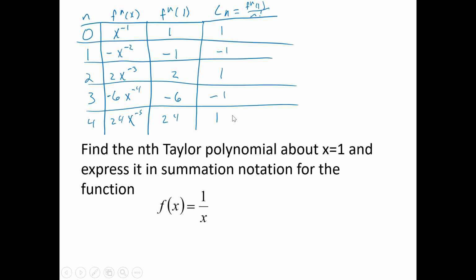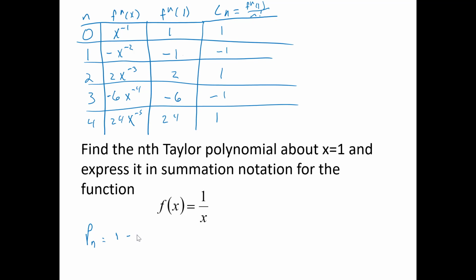So again, pretty easy pattern to see, and you can see why this is going on. You keep bringing these down and you keep getting the factorials here. This is 0 factorial, 1 factorial, 2 factorial, 3 factorial, and 4 factorial. And so since you're dividing by the factorials, you're just going to constantly keep getting a 1. So then P sub n will just be, but it's not a polynomial in x, it's a polynomial in x minus 1. So then P sub n will be 1